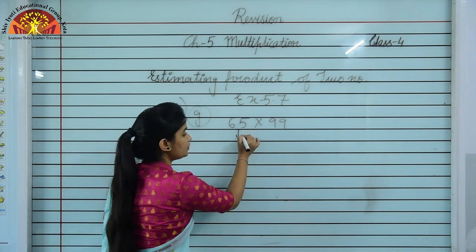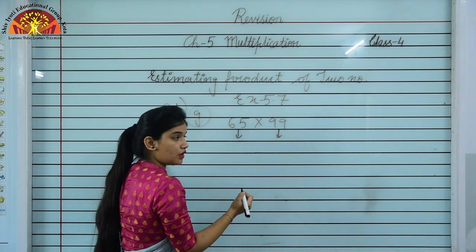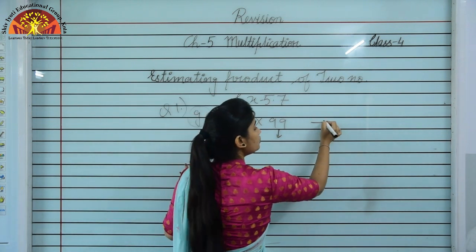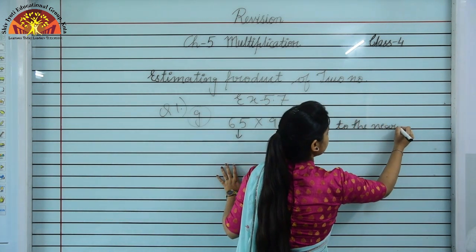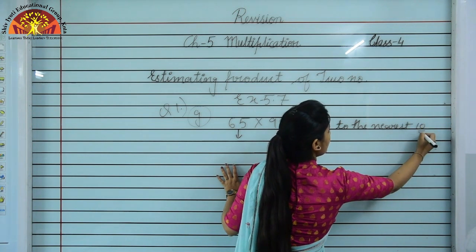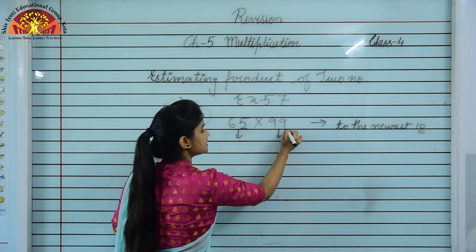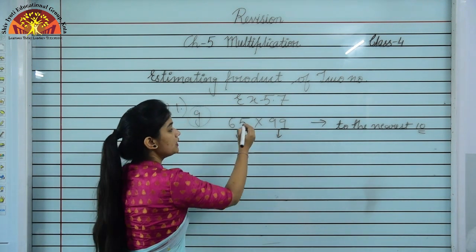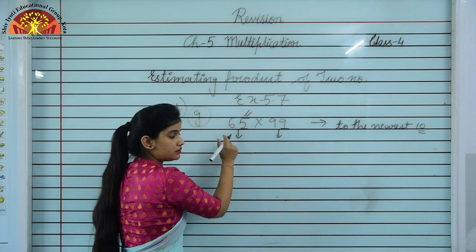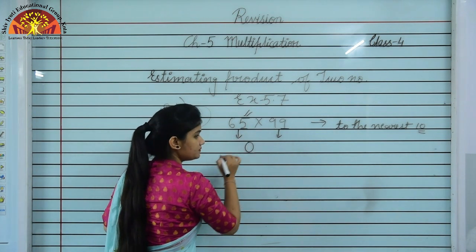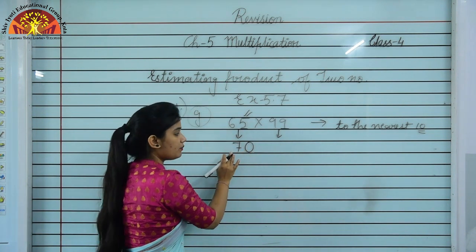पहले 65 को nearest 10 round off करेंगे, then 99 को भी nearest 10 हम क्या करेंगे, round off. So we are doing it to the nearest 10, and we see 1 0 in 10, so we have to observe the last digit as I have told you in chapter 1, and we see 5 here. It means we have to increase this number, and this number will become 0 and it will be 7. तो 65 round off होके क्या बन गया, 70.